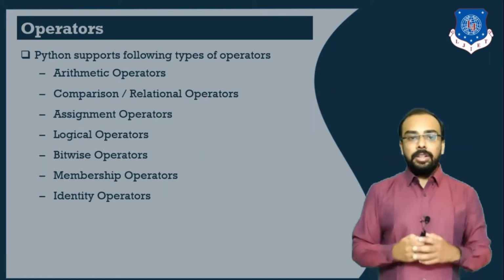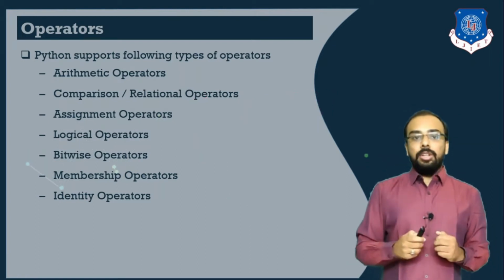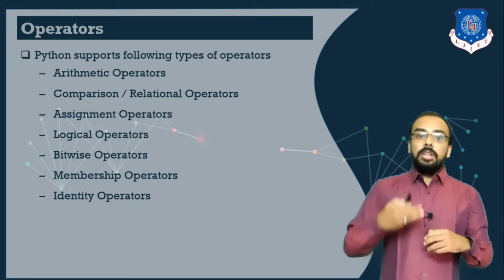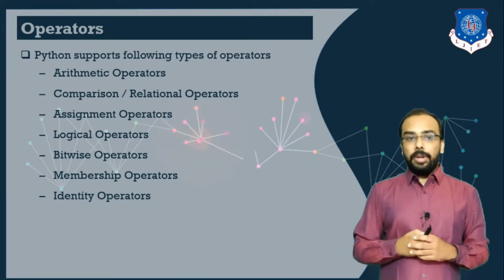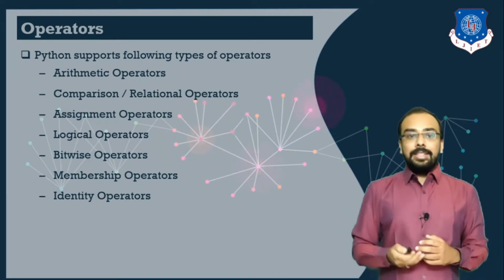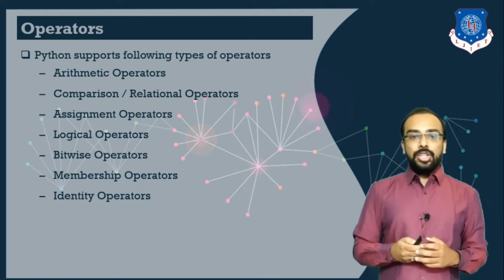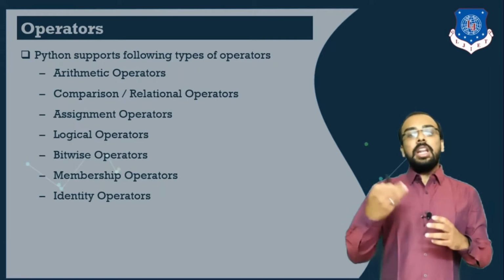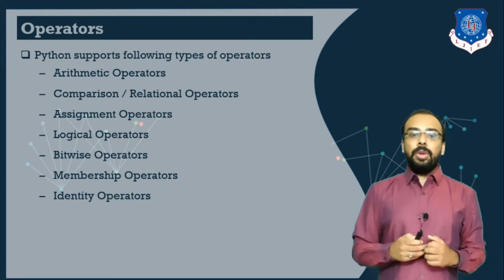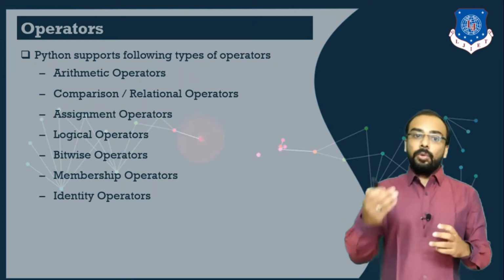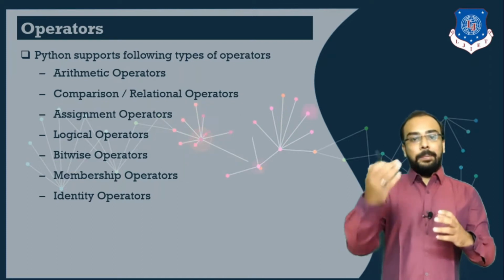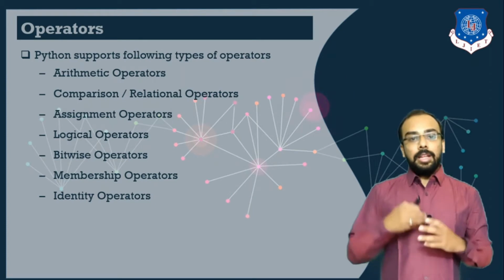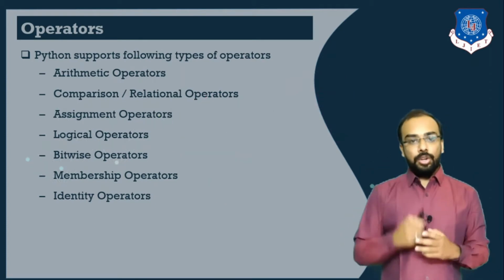So arithmetic operators include addition, subtraction, multiplication, division, and so on. Now what does Python include in these arithmetic operators? It provides operations such as addition, subtraction, multiplication, modulus. Until now we have seen that other programming languages provide just simple division. Python provides two different types of division, that is simple division as well as floor division. Another advantage of arithmetic operators is that Python provides an exponentiation operator.